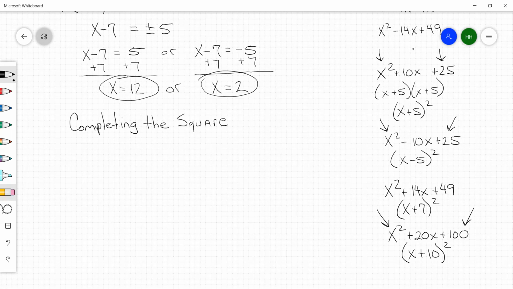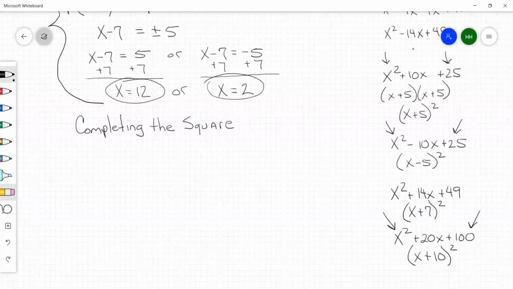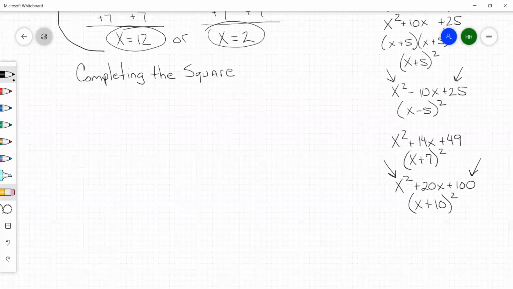And that's when we can manipulate a trinomial into a perfect square so that we can solve using the same technique we just used right here. Okay? So let's get this written down. This is real important. You can form a perfect square trinomial